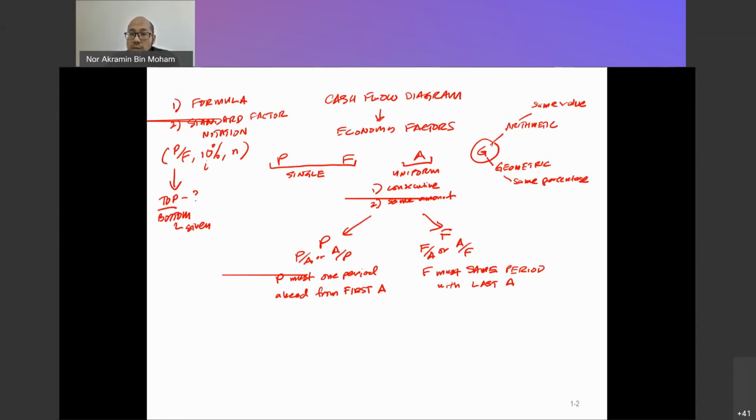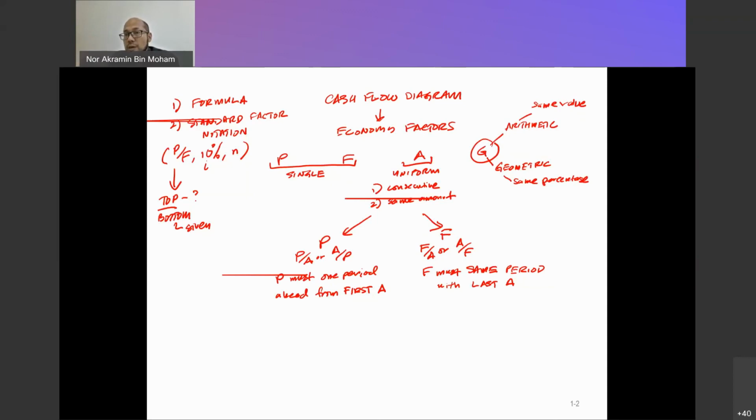Example, the maintenance cost increases 200 every year. So every year the maintenance cost will increase 200. That is an example of changing amount with the same value, and we categorize that as arithmetic gradient. Or the maintenance cost decreases 500 every year. Again, the change becomes a decrease, lesser with the same amount. In that example, we can represent the series of the cash flow diagram with the arithmetic gradient, only the change amount.